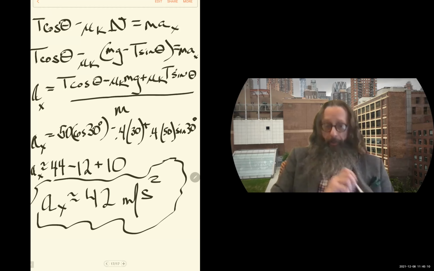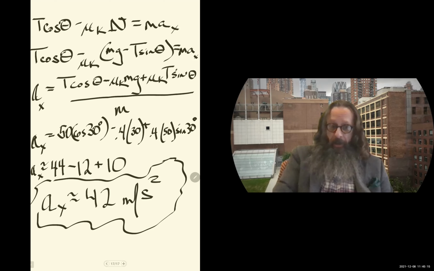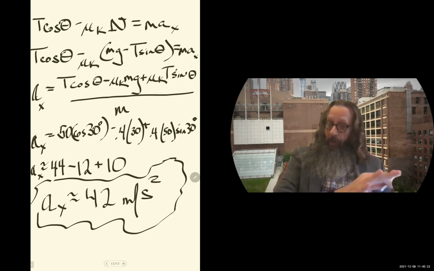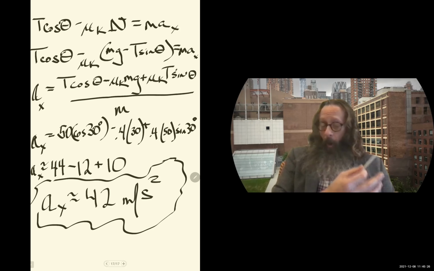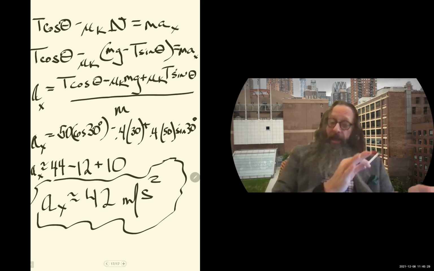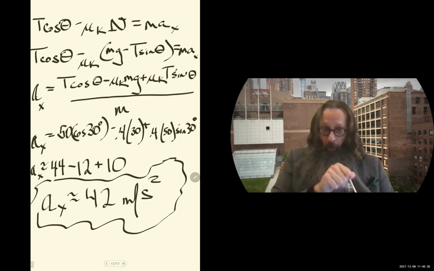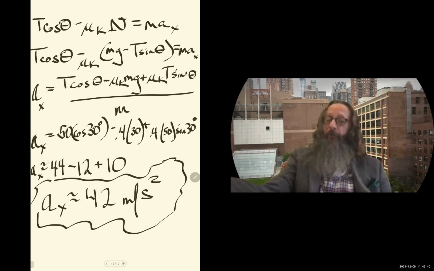Okay. So first of all, I'm saying that's the answer, unless I made a computation error or something here. But I'm saying that's the answer to the question, and this is the whole question that we were asking. And you know, we still have 20 minutes for me to try to now relate this back to inclined planes, but this is a hard problem. This is about as hard as it gets. I mean, inclined planes may be one touch slightly harder, but it's essentially all the same elements, just tilted. The ultimate answer here is that the acceleration of this block along this horizontal surface was 42 meters per second squared.